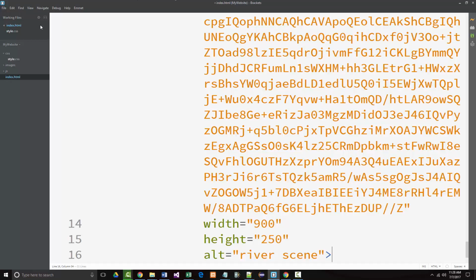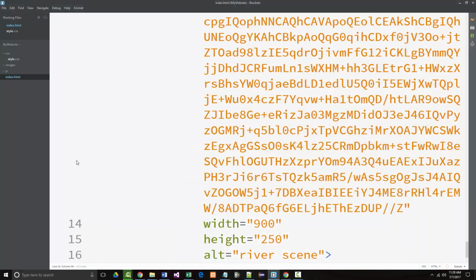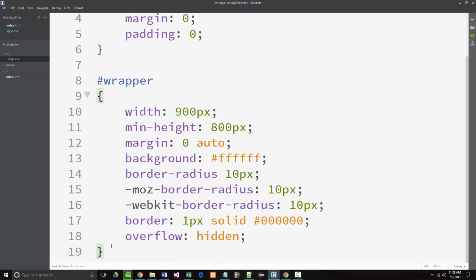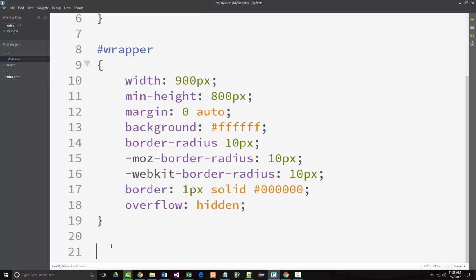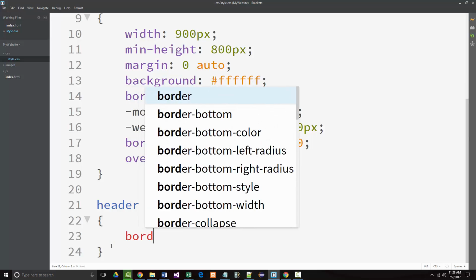Okay, then let's do File, Save All, and let's take a look and admire what we've done. Okay, so there is our river scene, but we are told next from Brad's instructions here to go to our CSS file, and what we want to say in here is header img, which means only images that are inside of the header. We want to give it a border radius